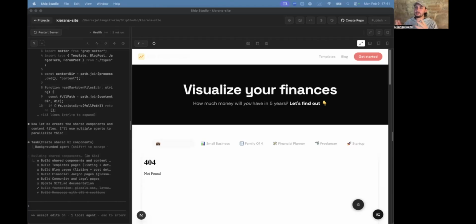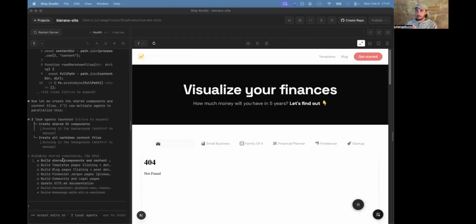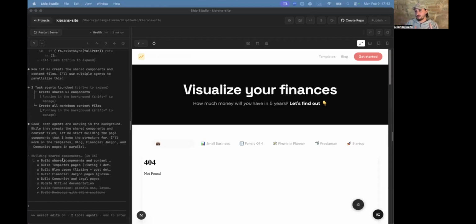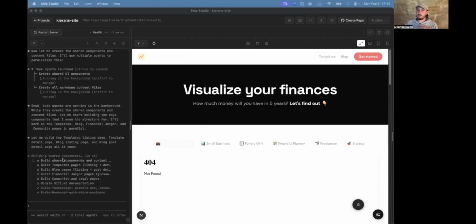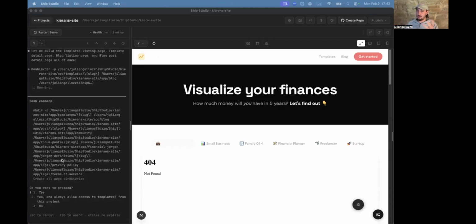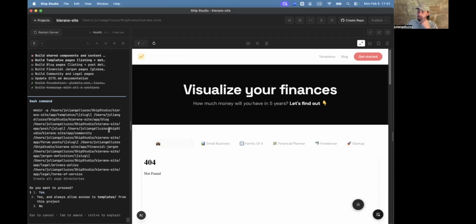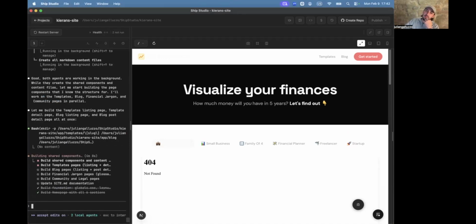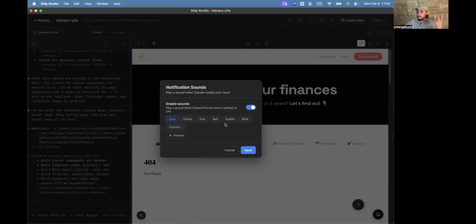Like I said, it uses all of the same tools. My development workflow is I use Claude Code to write the code. All the code goes into GitHub, and then that gets served to the internet through Vercel. That is all Ship Studio does. The difference is that Ship Studio makes it a lot easier. Instead of having to juggle your GitHub window, your Vercel window, your preview window, your Claude Code terminal, and all this stuff, it just gives you everything in one place, along with some cool stuff that's going to make it easier. Again, like I said, there are notifications.